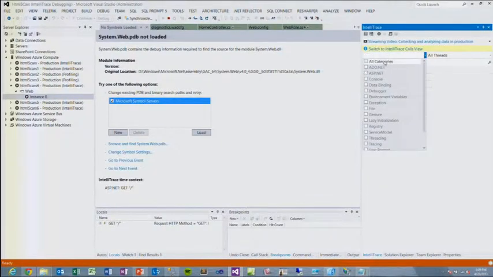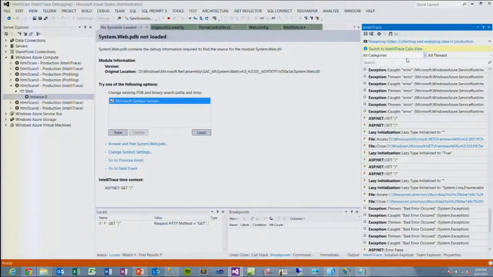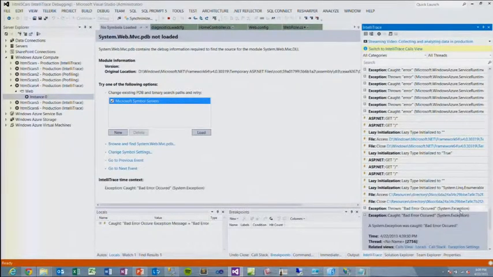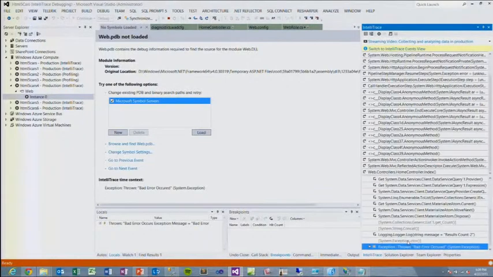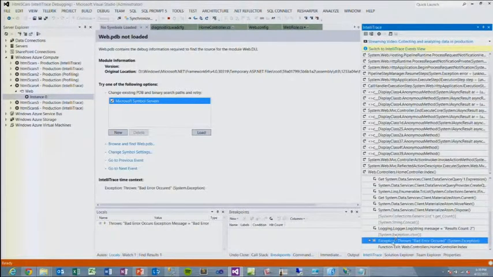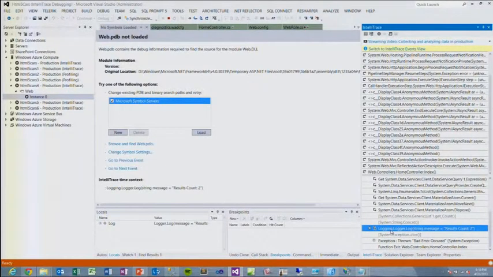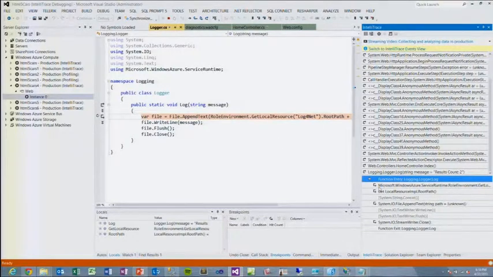So I'm going to add all these back in. I can filter and search here as well. And there's this bad error occurred exception. I can go look at the exception that occurred. I just threw an exception, so there's nothing terribly exciting here, but I can dig into this and it will